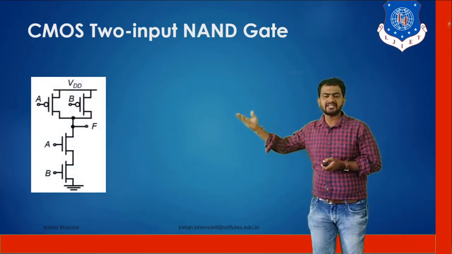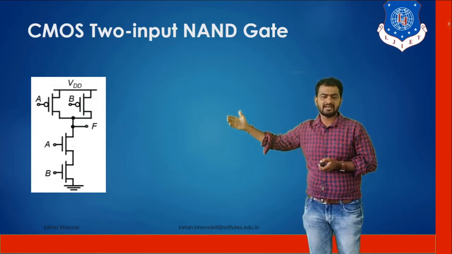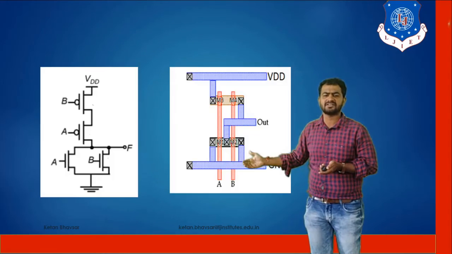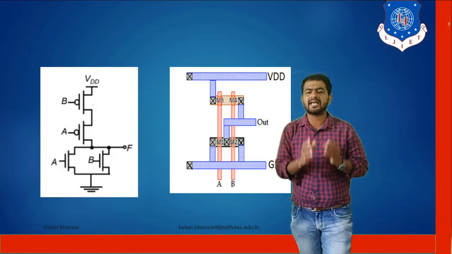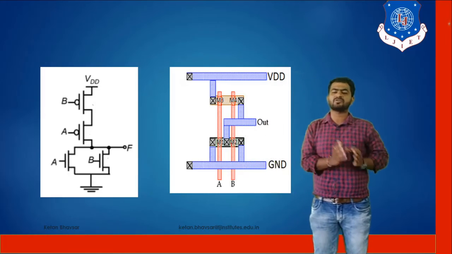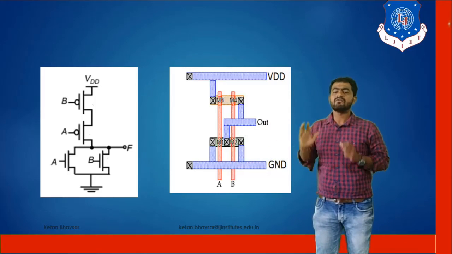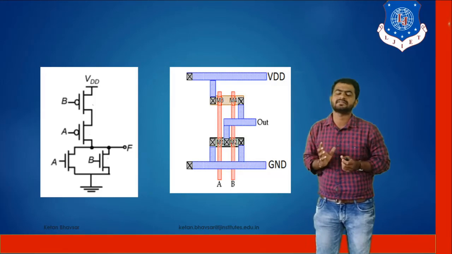Similarly for the NAND gate, as you can see, the two PMOS are connected in parallel and the NMOS are connected in series, and the NOR gate configuration is in a similar manner. The main rule is that the n number of NMOS is always equivalent to the n number of PMOS. If NMOS is in series, then PMOS is parallel. If PMOS is in series, then NMOS is parallel. These are the circuit rules for designing NAND gate and NOR gate based circuits.